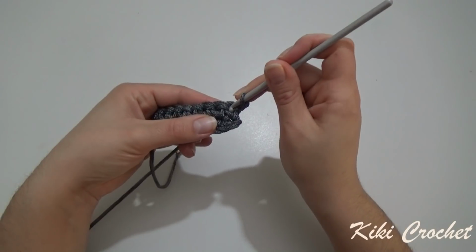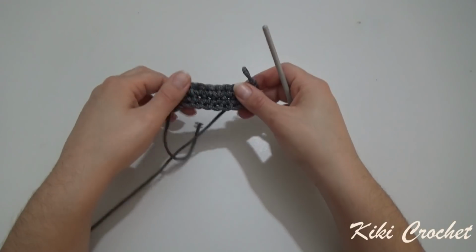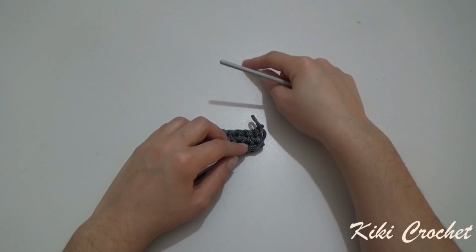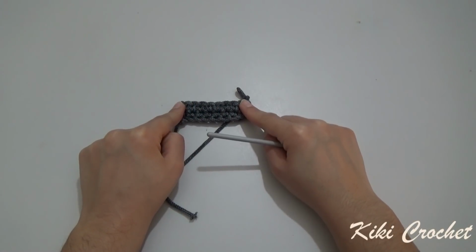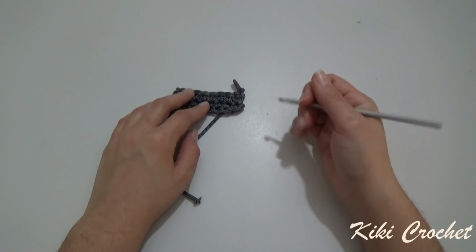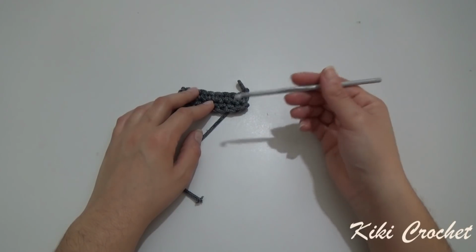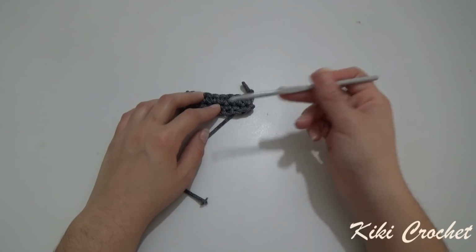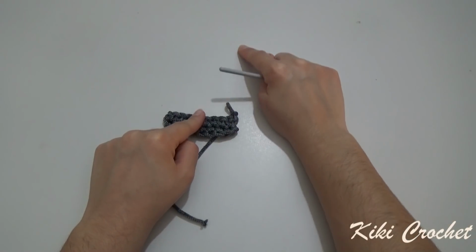Again, starting from the first single crochet, crochet a total of 8 stitches in every row. So we want to crochet up until we have a total of 15 centimeters length, okay? And make sure that this part, the width, is a total of 7 centimeters. If yours is not 7 centimeters, because each one of us, even though we crochet with the same hook and the same yarn, we crochet with different strength. So some of us crochet looser, some of us crochet tighter. So make sure you measure, and this is a total of 7 centimeters, and keep crocheting up until you have